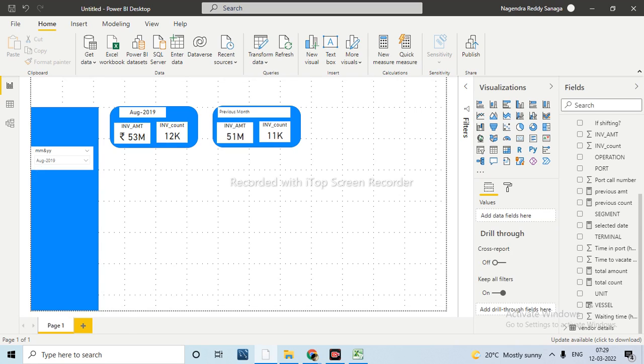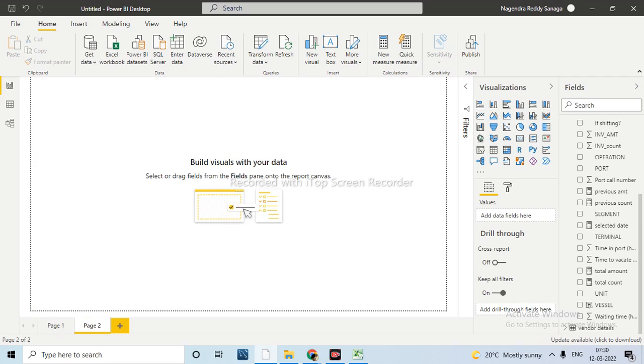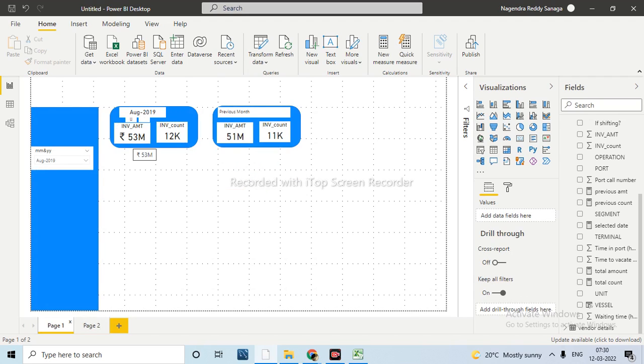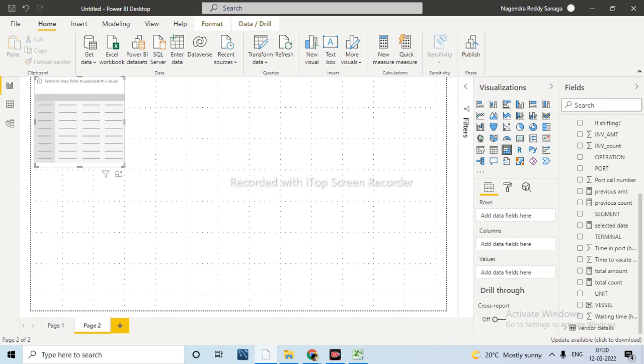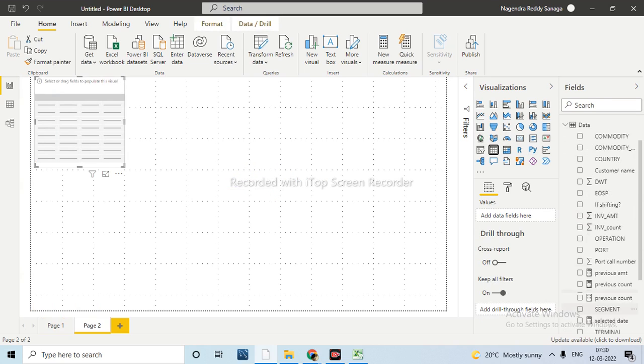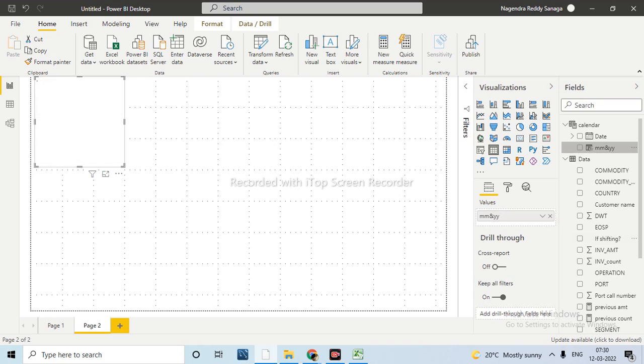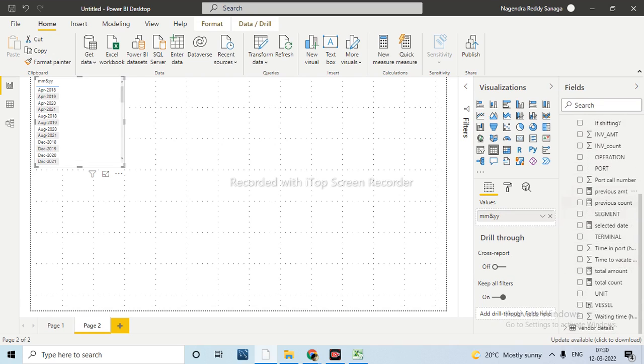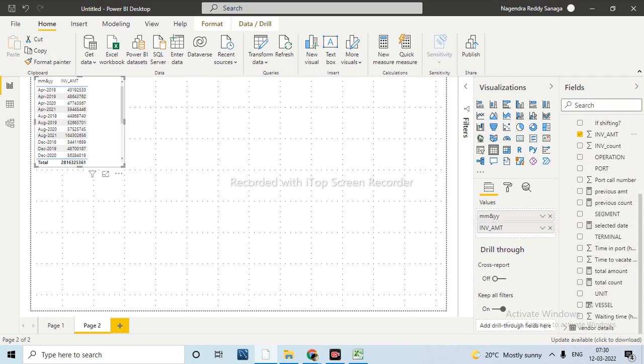Now if you want to compare this information, yesterday I faced the same issue with some other person. He had not written the measures properly and he was saying that every time he was not getting the result. Then I verified that he had taken one of the invoice amount columns here and here he had taken some other. So that is why these two pieces of information are not mapped. Just to verify the information we have taken, I am taking one matrix or anything. Let me pull out this one and here I am taking just the invoice amount. Where is this invoice amount here? Just to verify any of them.